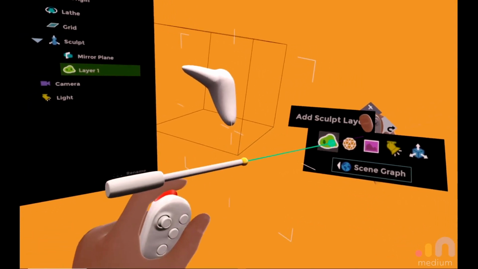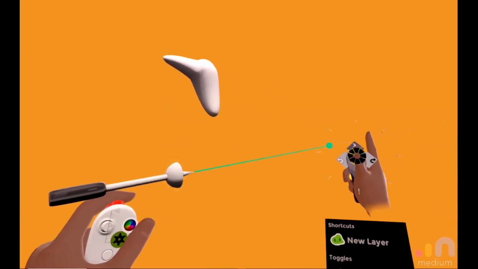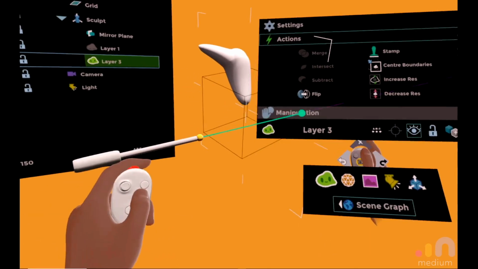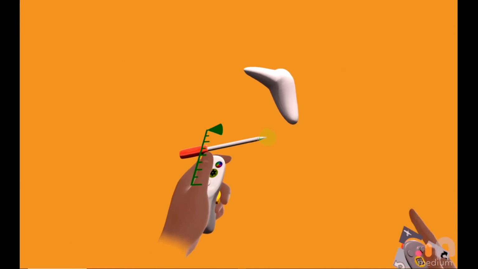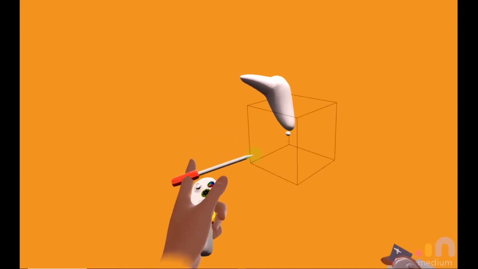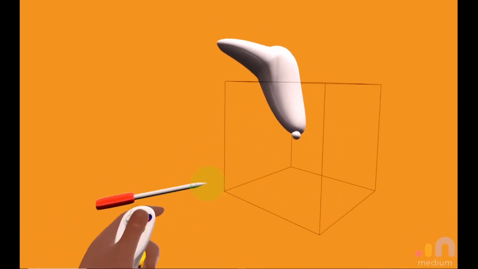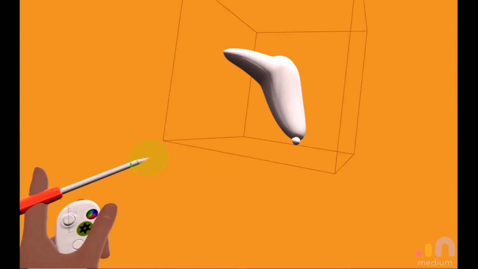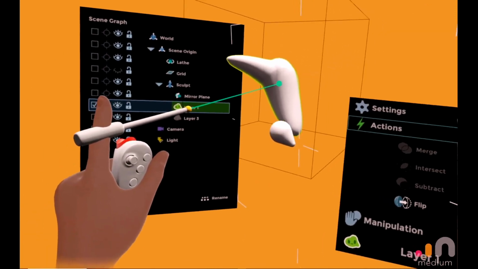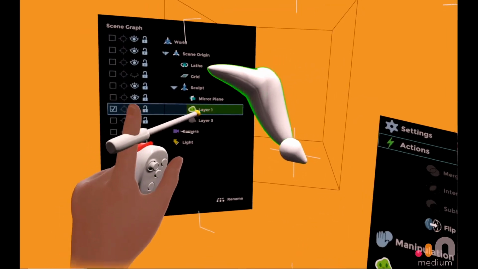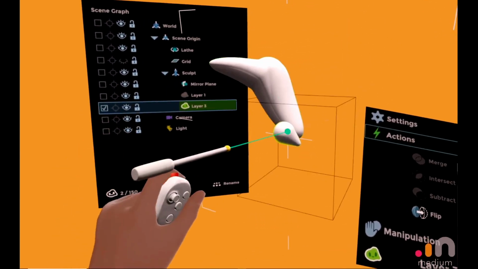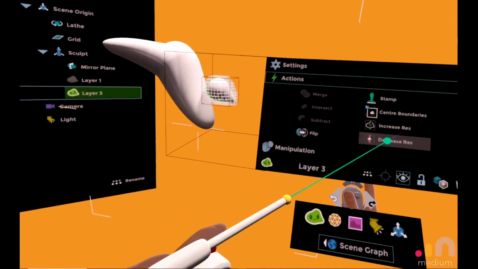Okay, so we will add another layer. Make sure that we're back on clay. We're definitely on the second layer. It's called layer 3 here, and we're going to spray. What's happened there? Well, we've got another high resolution layer. We've got one there, high res, another one there, high res. But look where the two are. They're intersecting. So if I take this one and I decrease the layer,